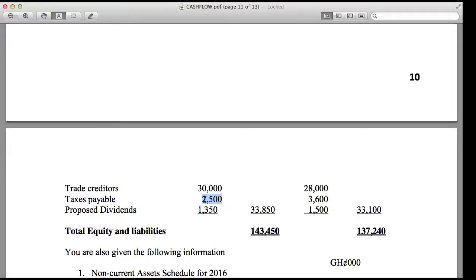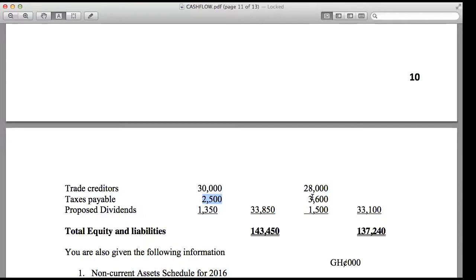Open balance is 2,500. I hope you can see that 2,500. Closing balance is what? 3,600, right? Yes, so that's 2,500 and that's 3,600. You write out those ones first